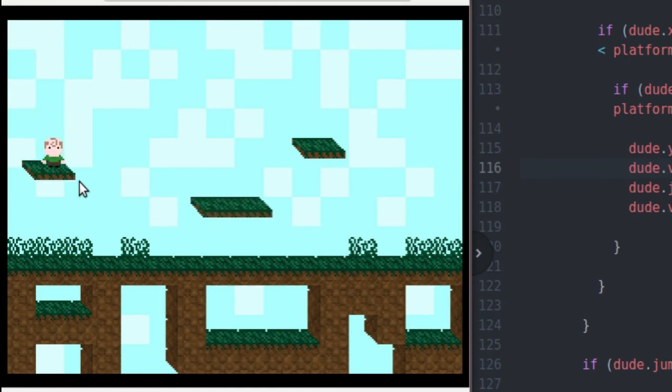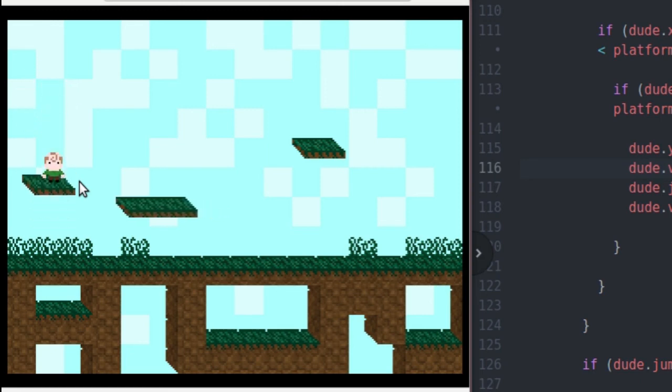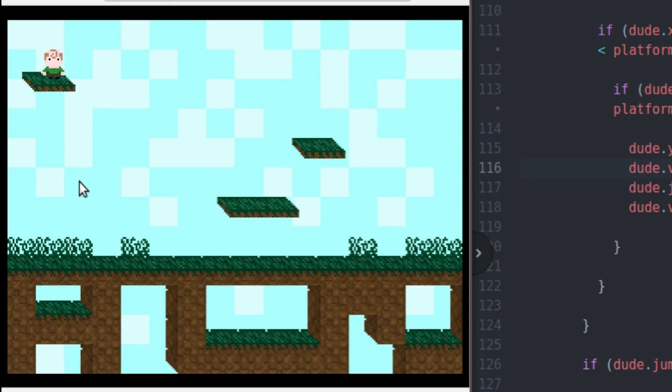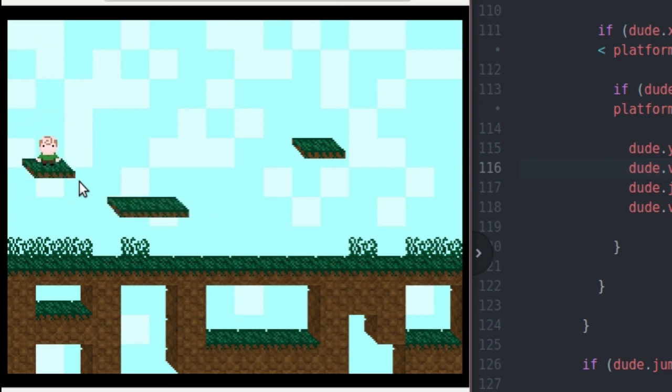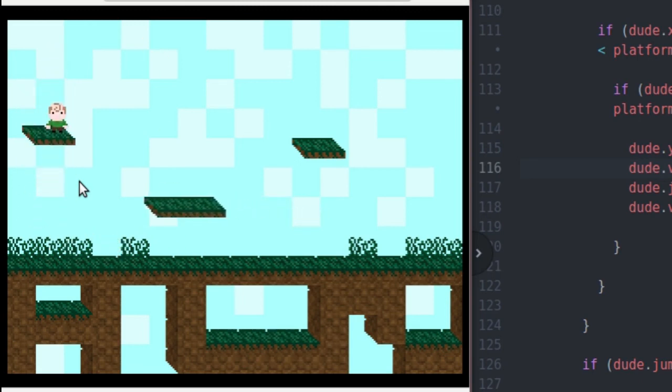Another cool thing about adding momentum from the platform to the player is if I jump on the way down, I'm going to jump kind of short. Kind of like you would in real life. If you were standing on something that was falling down, you try to jump up off of it, you wouldn't really go very high because it's already falling out from under you. And by the same concept, if you were on a platform moving up very quickly and you jumped off at the top, you would probably gain a lot more height because you already have that stored vertical momentum from the platform. So you can use this almost as a springboard,